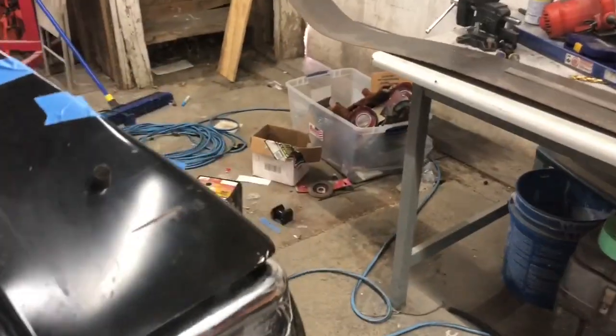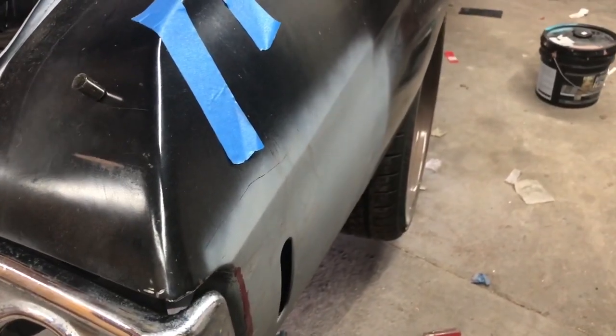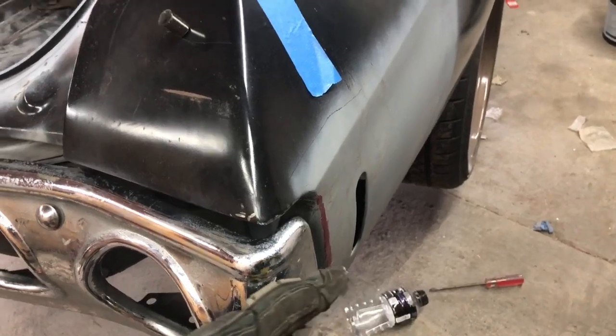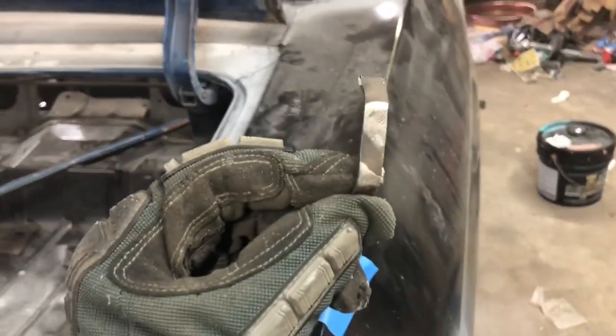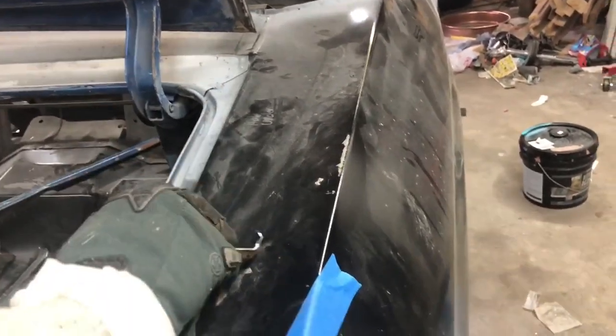I welded it on, and when I welded it on, I realized that it bumped this out, so that needed to be shortened. So I took this much out of it here. Here's what I cut off. Took this much out of it and then welded back on. And now